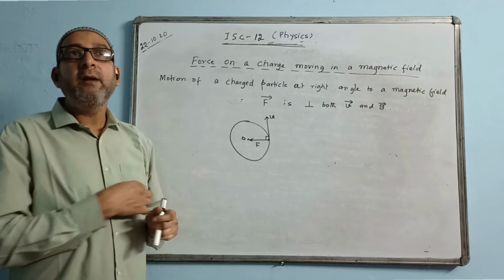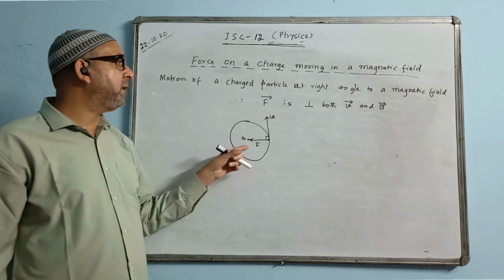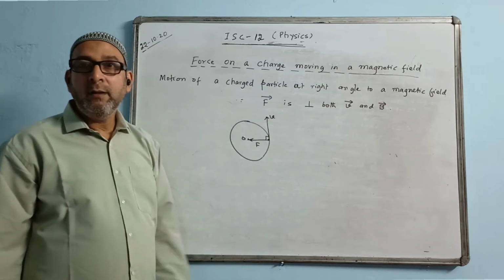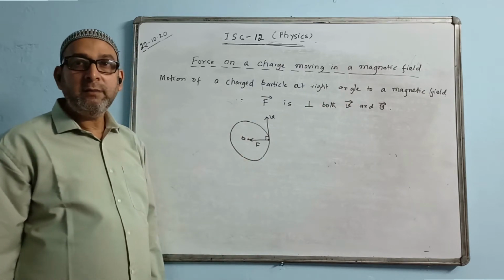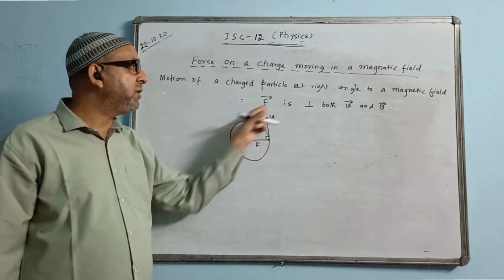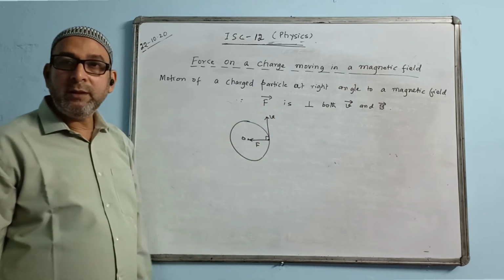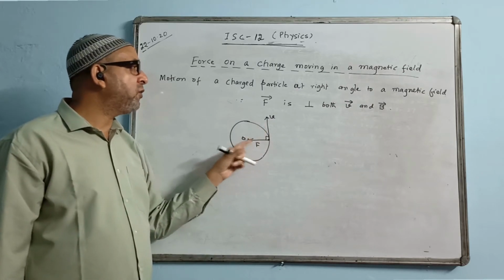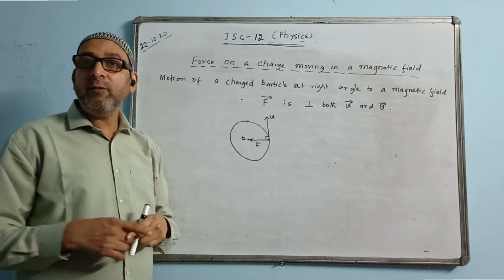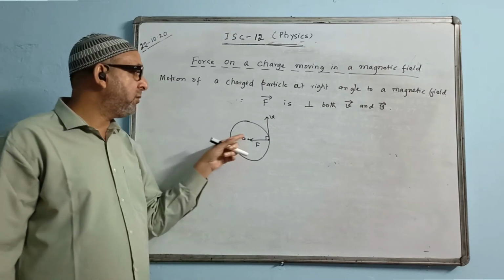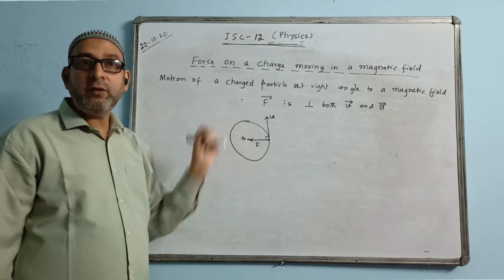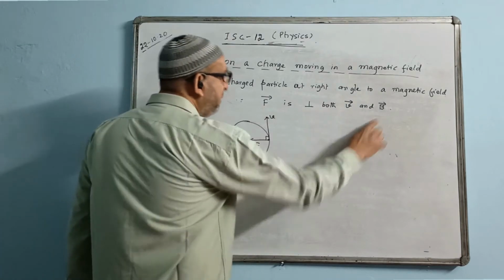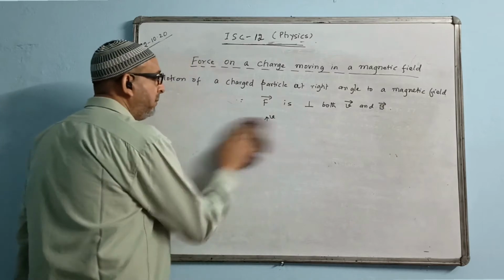If they ask the reason why it acquires a circular path, then you say, since F is perpendicular to both V and B. If you just mention that, this will be sufficient. The reason is this: F perpendicular to velocity and F also perpendicular to B is satisfied only by circular motion. That's why we drew the diagram and I showed you. In exam time, they will not ask you to show entire detail. If you just write this line, this will be sufficient.